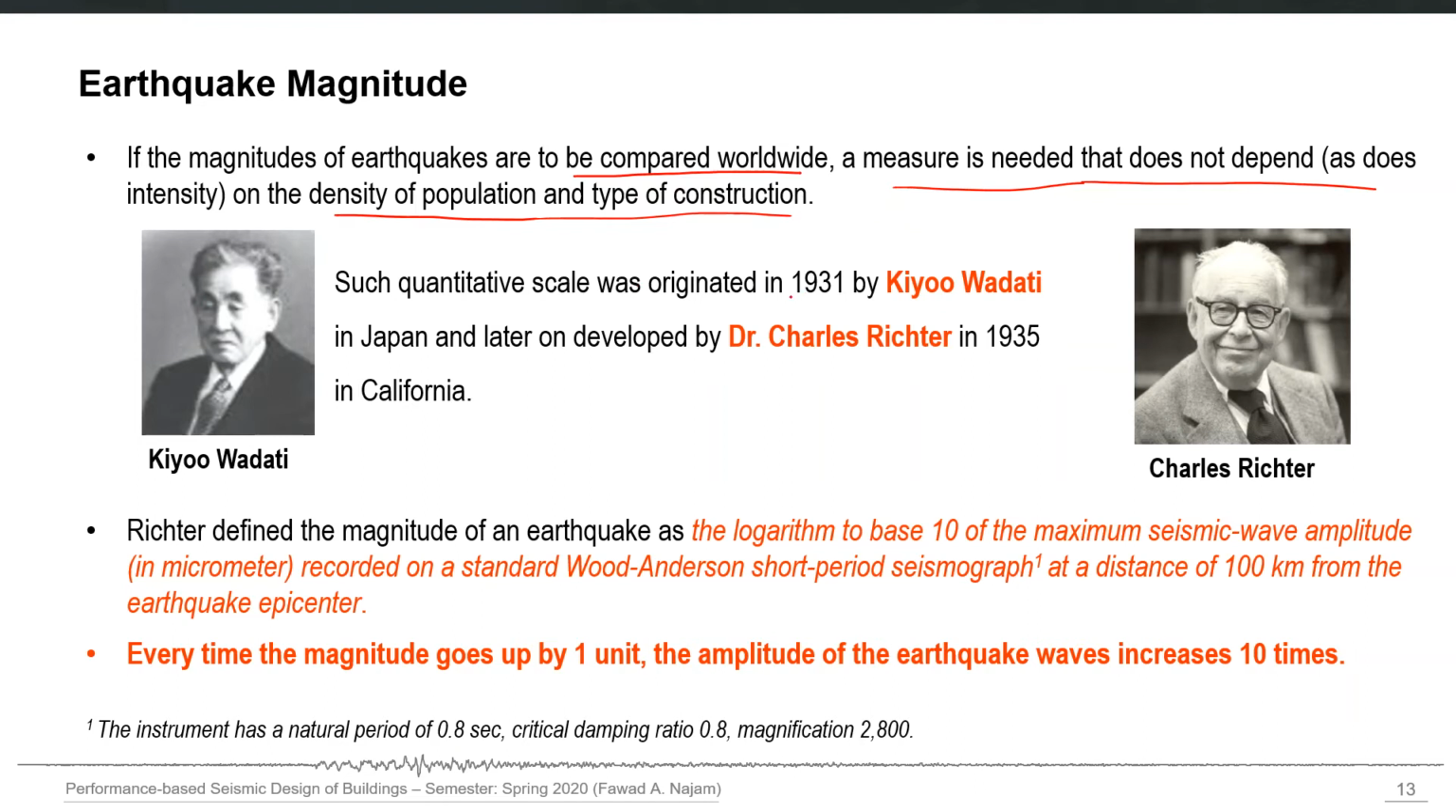In 1931, a quantitative scale was developed by these two researchers. First it was developed by Kiyoo Wadati, and then later it was developed by Charles Richter, also in California. They defined the scale or magnitude of an earthquake in this manner. They say that the magnitude of an earthquake is the logarithm of base 10 of the maximum seismic wave amplitude